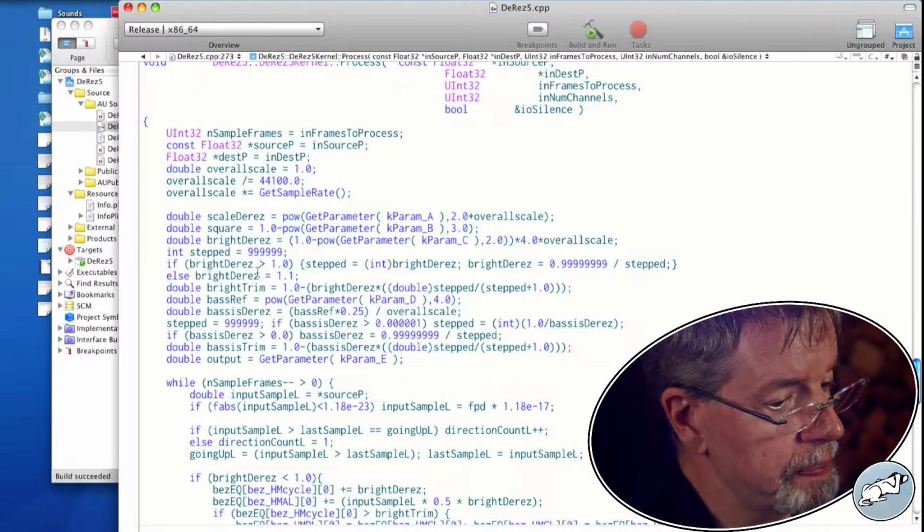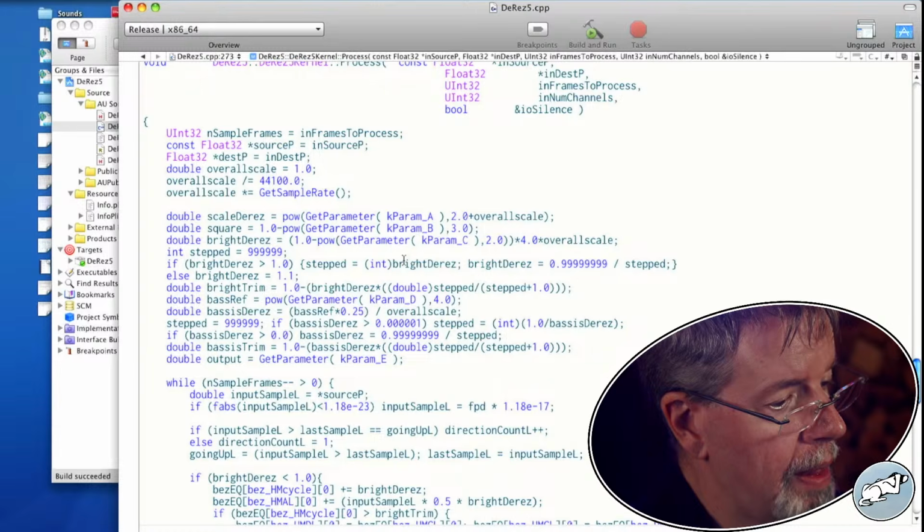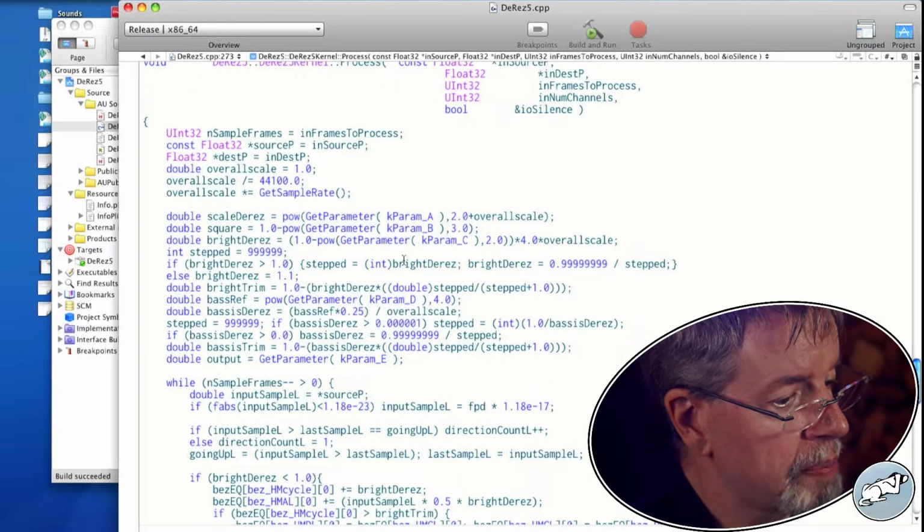Bright derez is getting overridden. And it only goes up a certain amount.